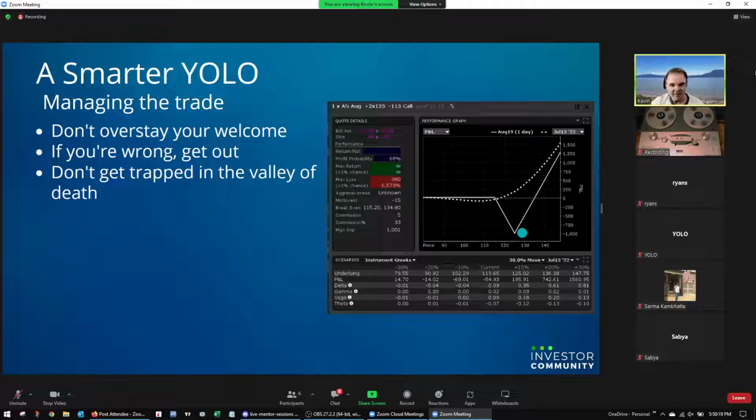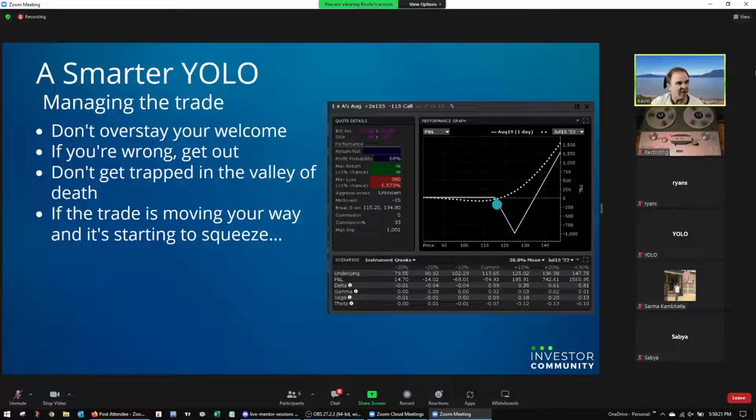If this expires right down in here, that's your max loss. You don't want to be there, right? Not so bad if it expires right here, at around 120 or 130 or something, that's not so bad. But down in here, that is going to be your maximum loss. You don't want to be stuck there, so we need to get out and not give it a chance to get us down in that area.